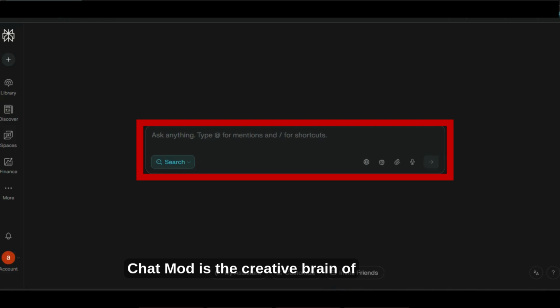Chat mode is the creative brain of Comet AI. This is where you talk to Comet AI just like you would talk to an assistant. You ask questions, give instructions, and request original content. Chat mode does not automatically read web pages unless you paste the content yourself.